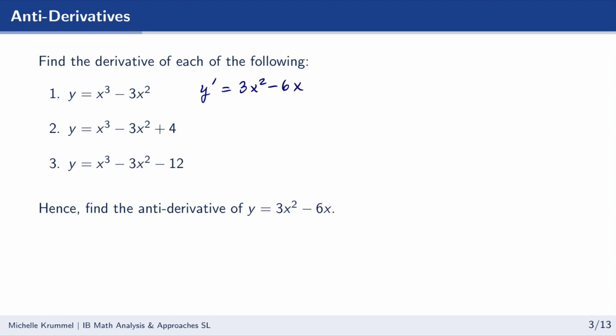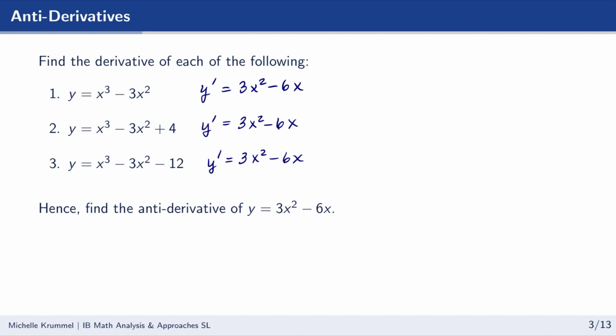Now let's take the derivative of the next equation. We get y prime equals 3x squared minus 6x plus 0, and I'm not going to write the plus 0. It's not necessary. Okay, the derivative of the next equation, y prime equals 3x squared minus 6x, and then minus 0. So even though all three of these equations are different, they all have the same derivative, which is fine,